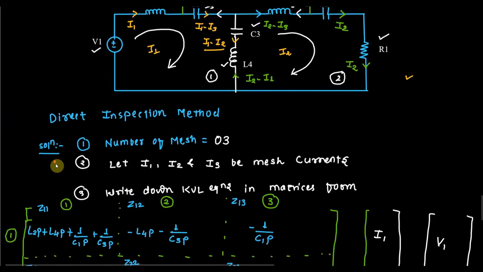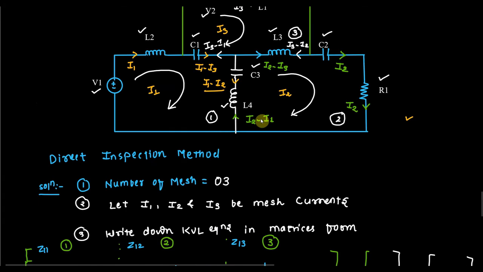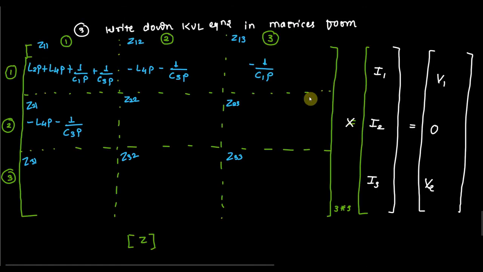Fine. Now we will see the second one. Z21. Okay. Now Z12 and Z21 both are same. What is meant by Z21? The element connected between second and first mesh. So both are same. So you can directly copy here: minus L4P minus 1 upon C3P. Fine. Now Z22. The meaning of Z22 is the sum of elements present in mesh 2. So in mesh 2 you can see that there are 5 elements: L3, C2, R1, L4, C3. Okay. So we can write here